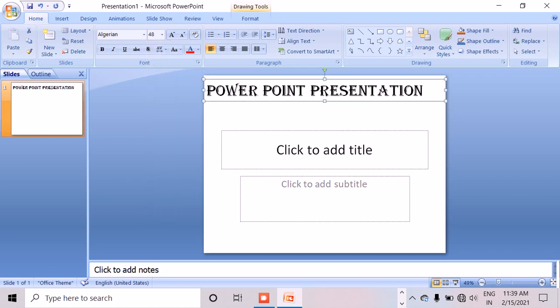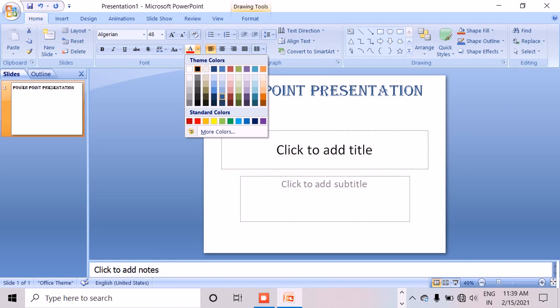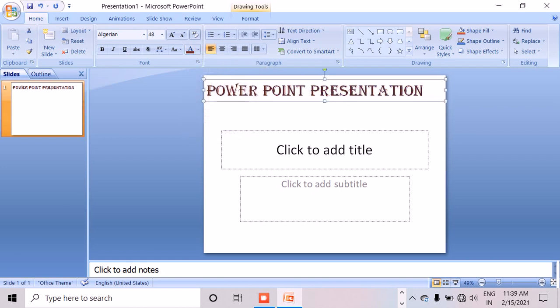So I am selecting it, and I am now giving a font color. I can give somewhat red color, and we are going to have a text shadow. See, the text shadow will be there. If you need to underline it, click U for underline, and italic, and bold also we have. So this is formatting, children. I hope everyone has easily understood, and we have change case over here.